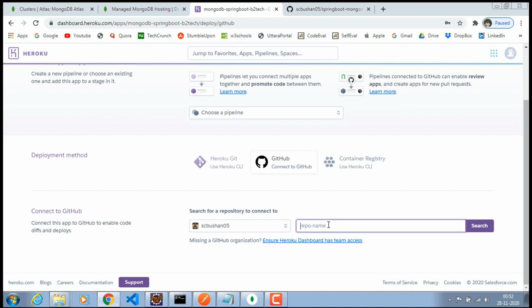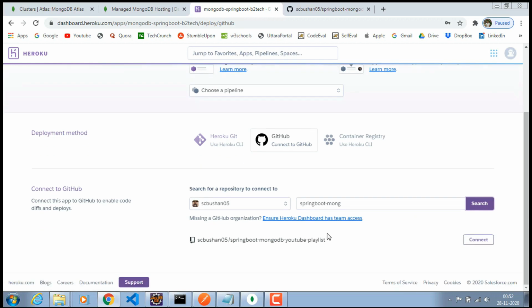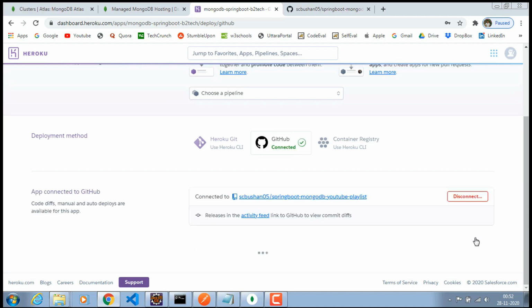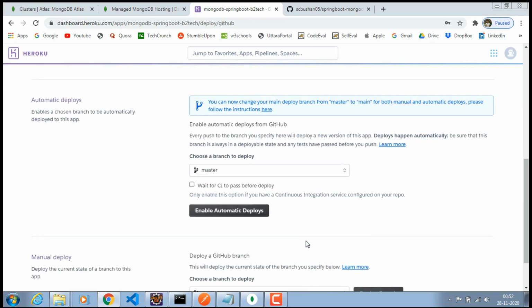So now search for repository Spring Boot MongoDB and click on this search. It will display all the available repositories. I'm going to choose this one which we have just now pushed. Click on this connect. This will automatically detect the Java application.